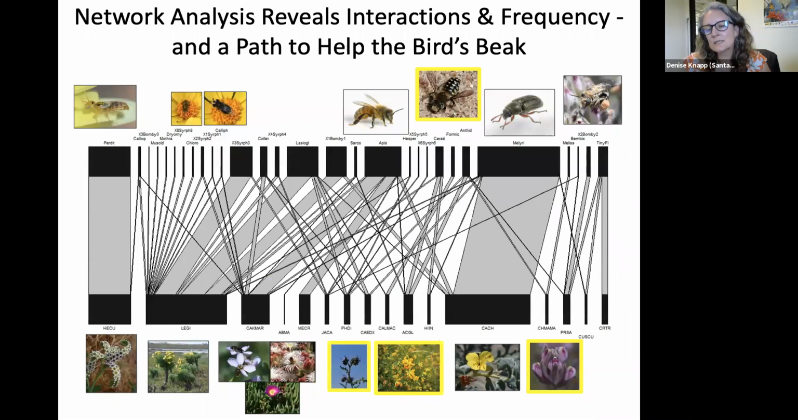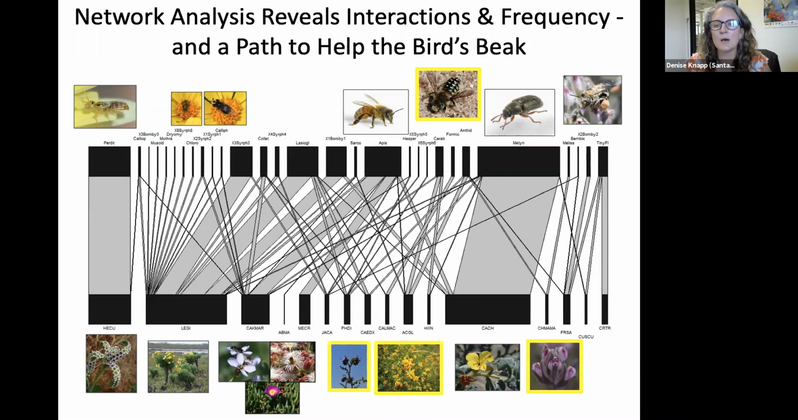So we looked in that study not only at who's using the bird's beak itself, which is in the lower right picture, but also what other pollinators are using what other plants. And we created this kind of network that shows on the top the different insects and on the bottom the different plants. And in doing that, we were able to identify 2 other plant species that are highlighted in yellow there. There's a phacelia and a deerweed that are also supporting this really important pollinator of the bird's beak,